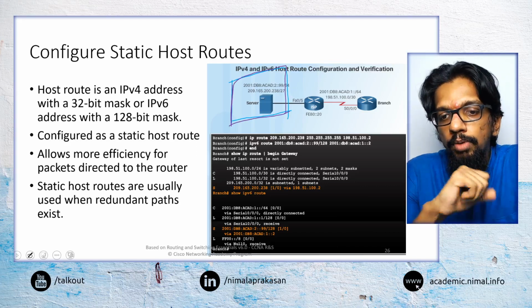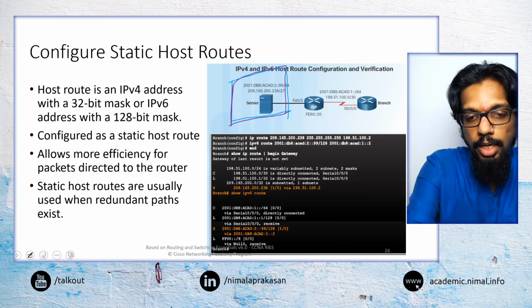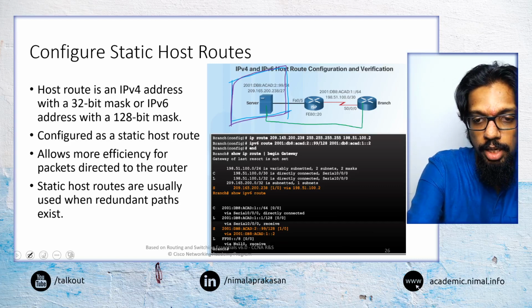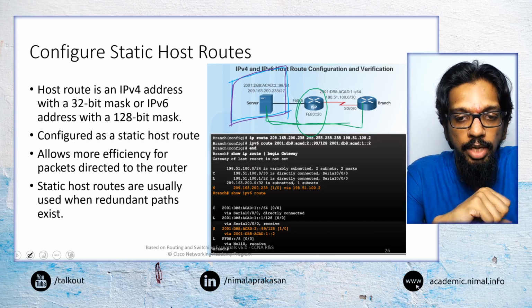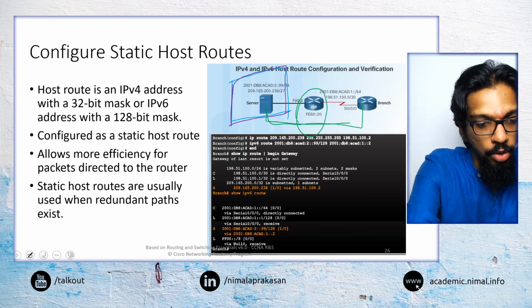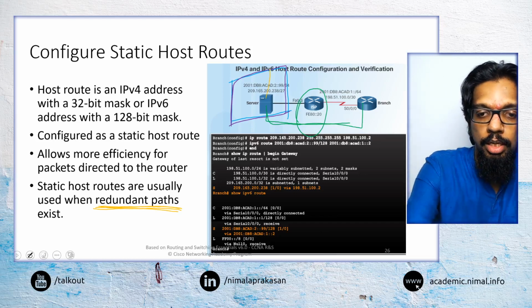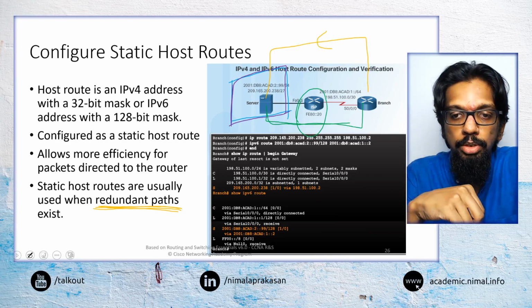We will use a static host route when, for example, this server is normally connected to this network through a particular link, through this router. That is the normal standard connection that we have, and that is the one that we want to have. But it is possible that we may have certain redundant pathways within the network, so that if that particular link fails, we still are able to reach this host.